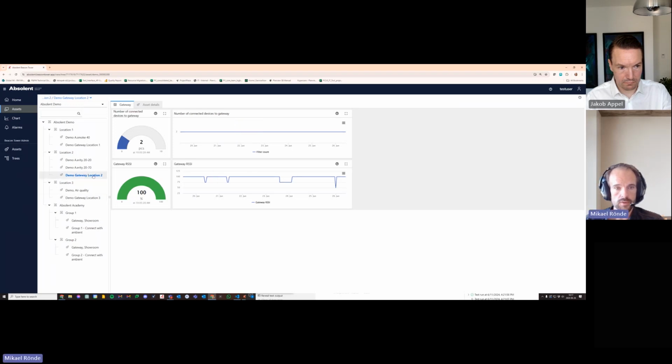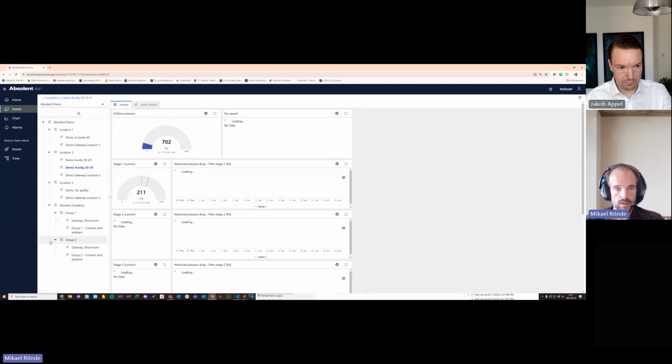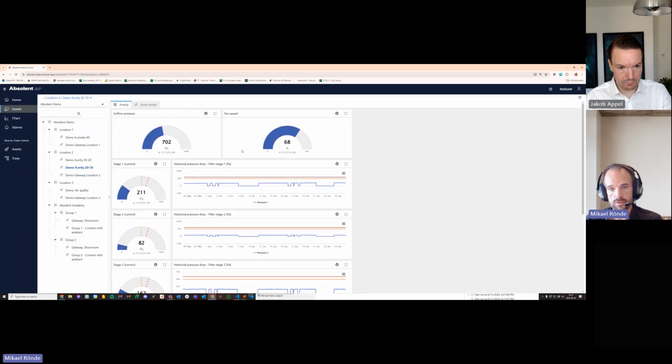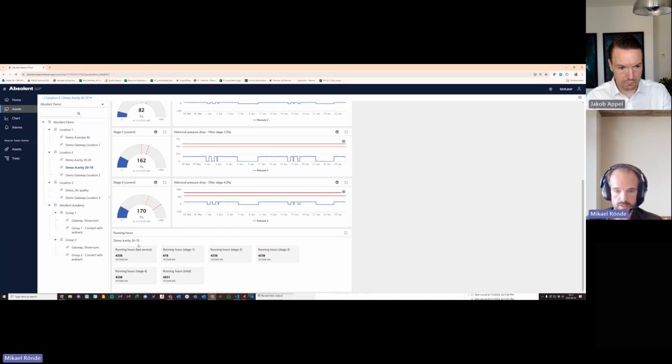And so this gateway then sends data for the devices under it, and if we look at one of those, this is a representation of some of the telemetry values on that device. And when we're talking about dashboarding, we use quite a standard drag and drop way of configuring dashboards, where you choose your type of dashboard. Here we see dial dashboards, we have chart dashboards, and we have just a list of telemetry values dashboard down here. There are also other ones showing alarms and other types of